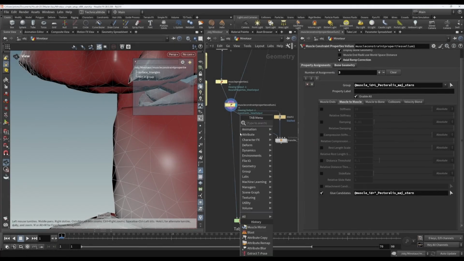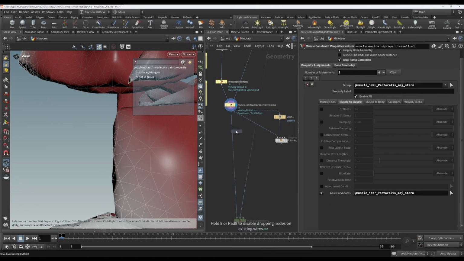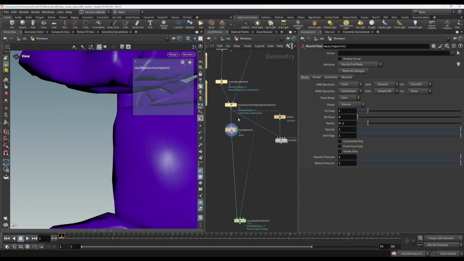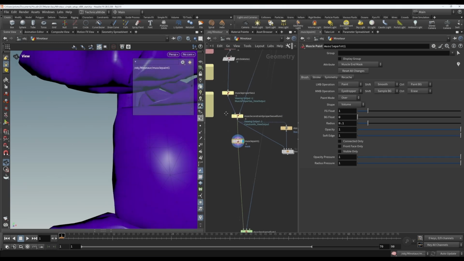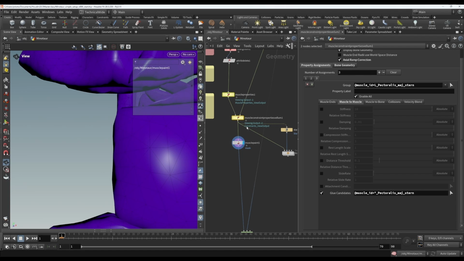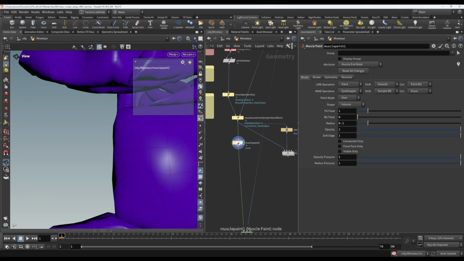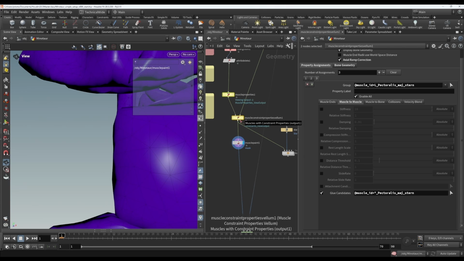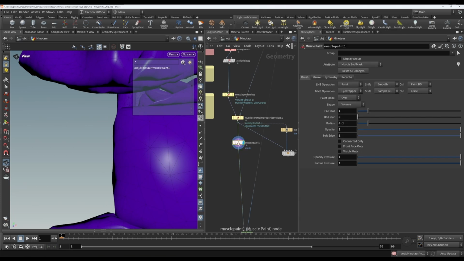Okay, so let's look at the muscle paint node. Like I've mentioned multiple times before, the muscle paint node must always come after the muscle properties and muscle constraint properties nodes, because a lot of the attributes that get edited in the muscle paint node are initialized with proper values in these nodes. If the muscle paint is created beforehand, it gets initialized with all of these set to 0, which means more work for you and unexpected behavior